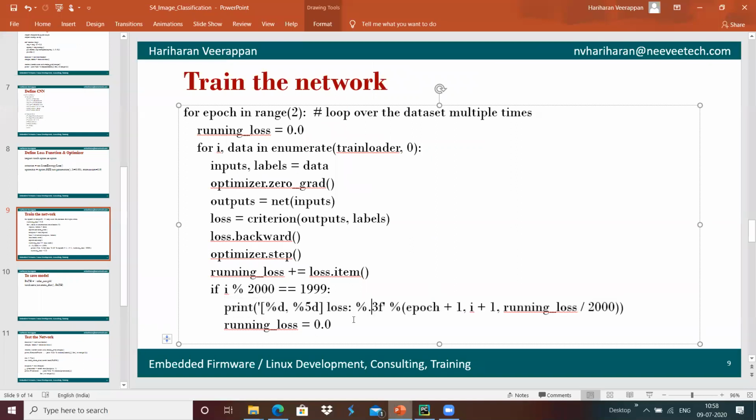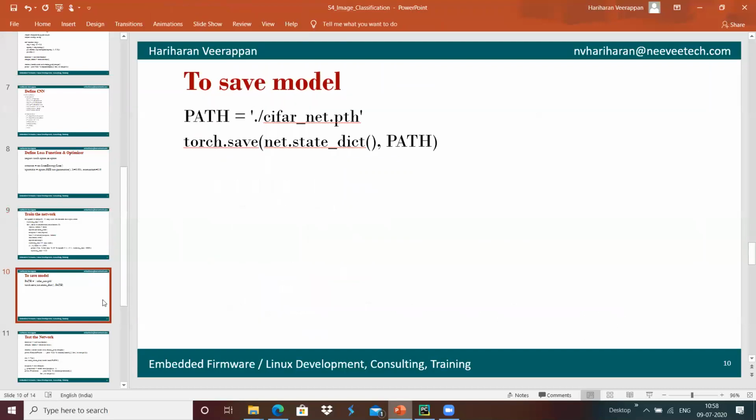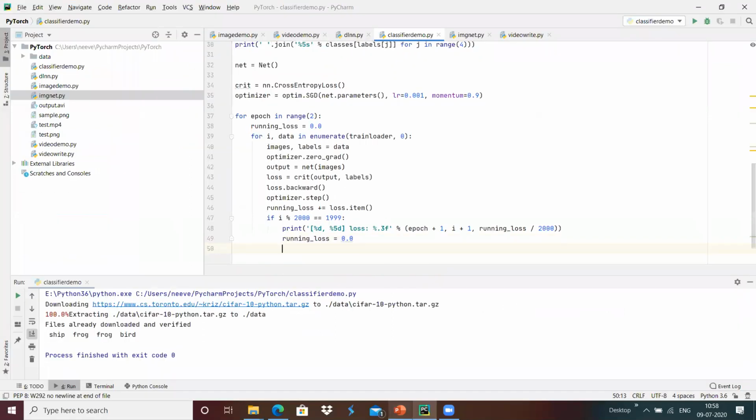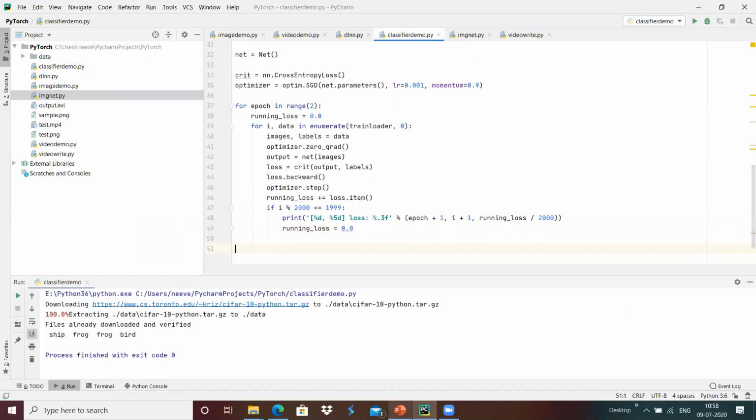Once this is done, we can use the path to save the model we have created using the network into a file. Once the training is finished, we save the model.